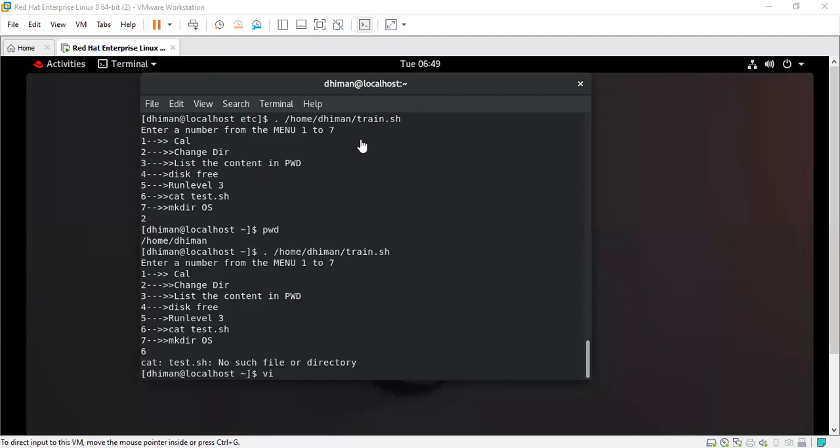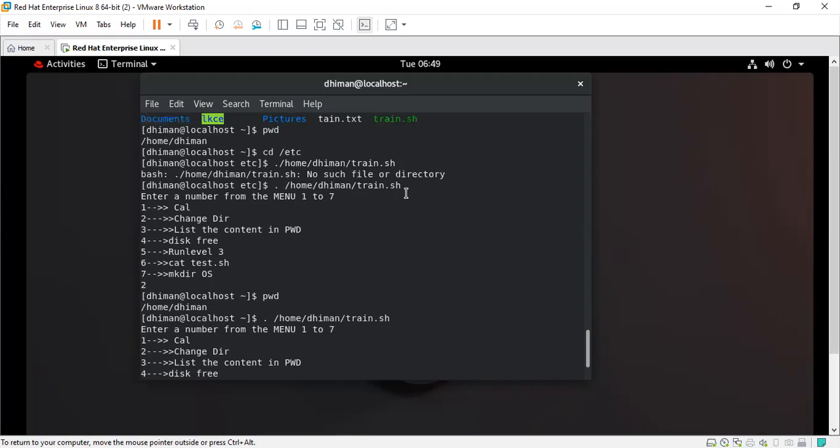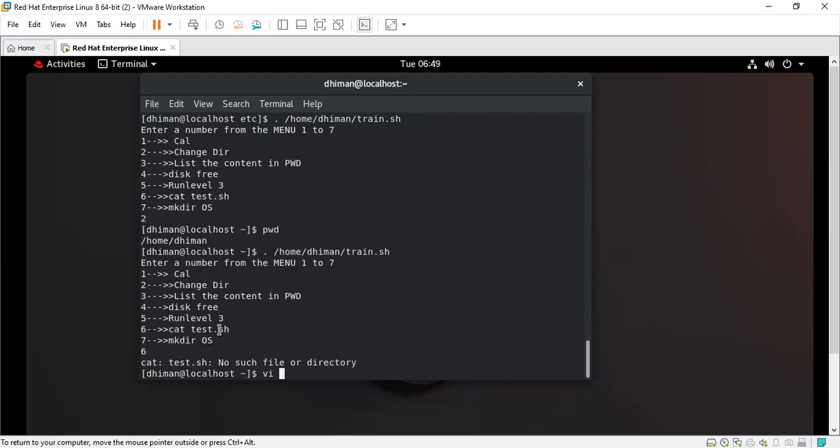Yes, class, welcome back. I hope you have tried it. Is it working in your system? So there is a minute change with this file name, since the file name is actually train, not test over there. Right, so I just want to change it. I'm just doing that part.